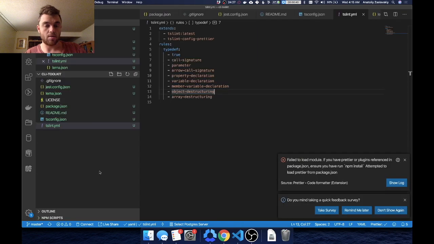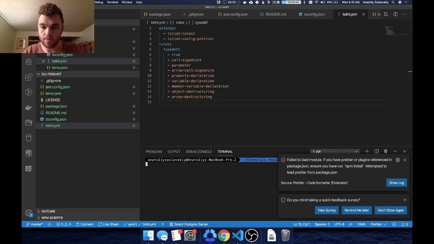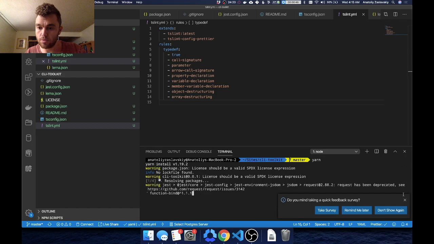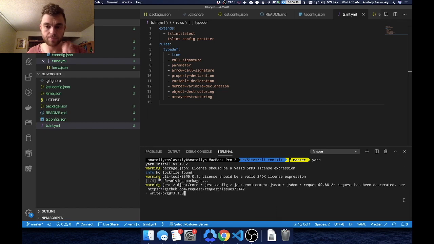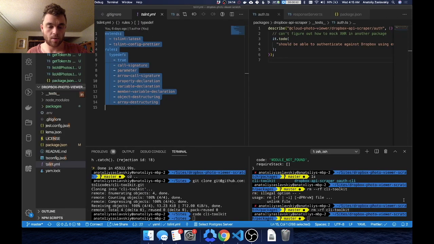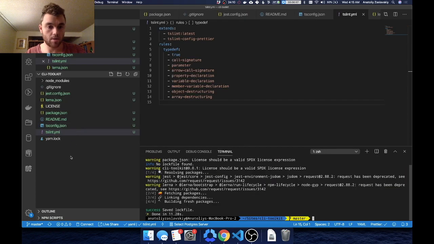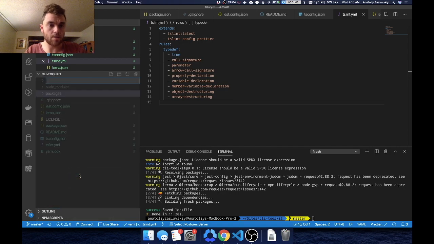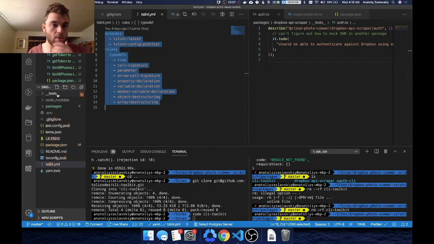All right, now I'm going to have to run yarn on this in order to install it. And as that's running, we also need packages and tests. So packages and tests. Now, the way that we check that our monorepo is working is we need to write our first